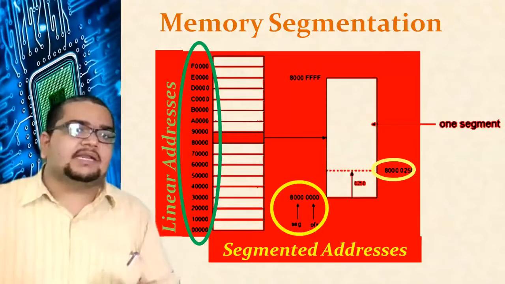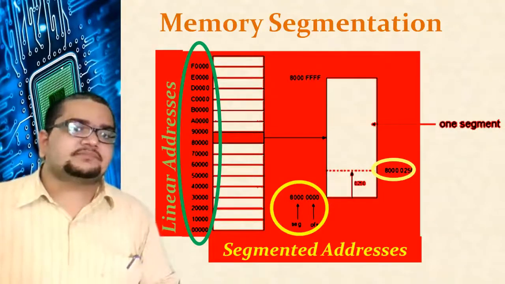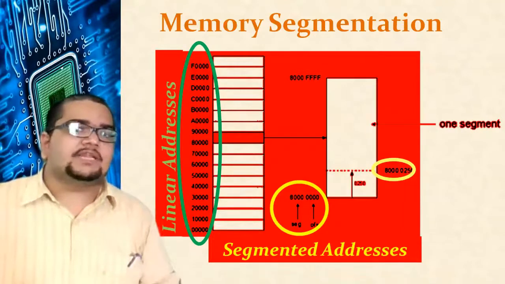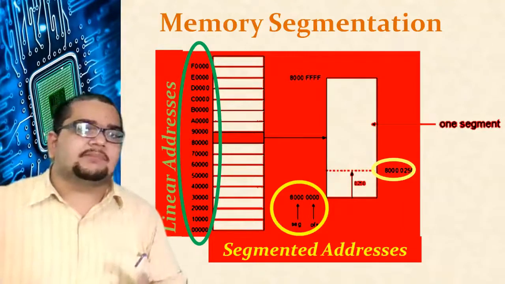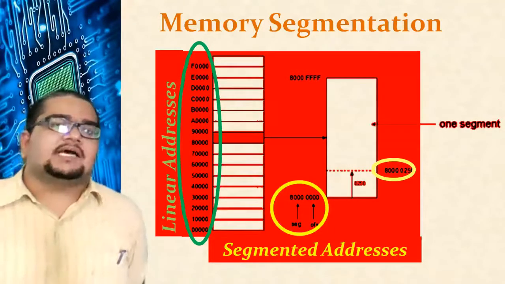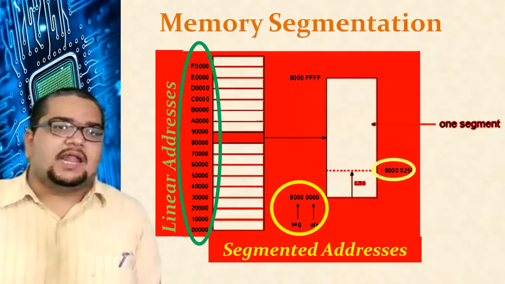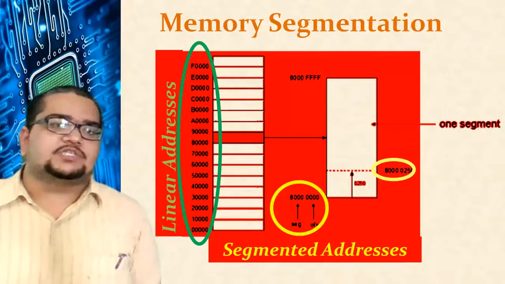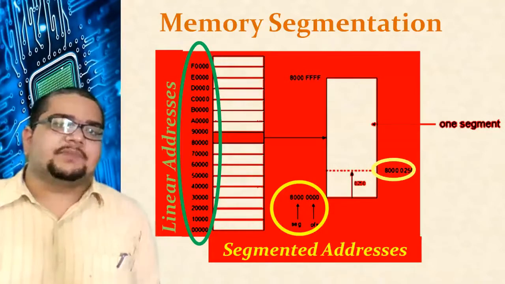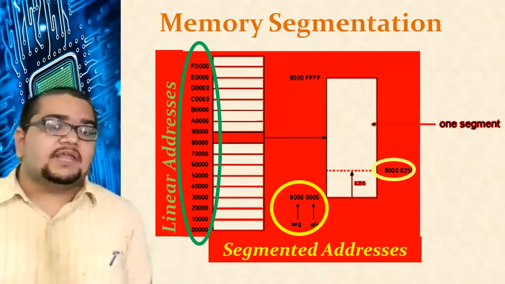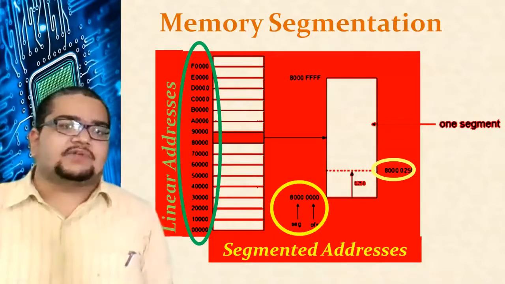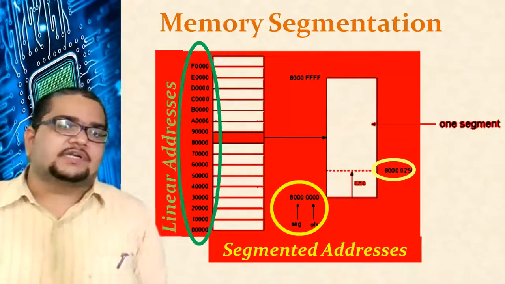Whereas when it is segmented addressing, the addresses are indicated in two 16-bit numbers. Instead of writing one 20-bit number, it is written in two 16-bit numbers, namely the segment address and the offset address. We need to calculate the physical address by combining these two with a particular formula we discussed in the previous classes. Today we will take a few examples and try to find out the physical address from these two parts, the segment address and the offset address.